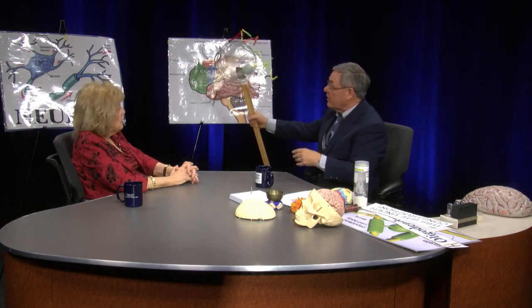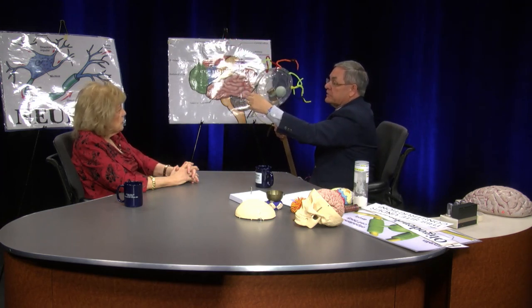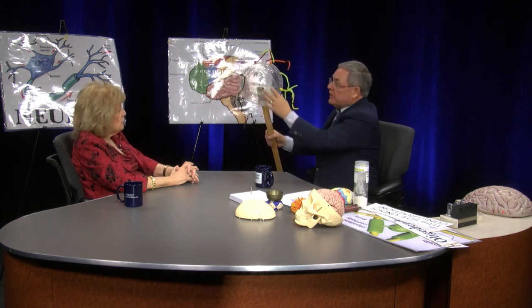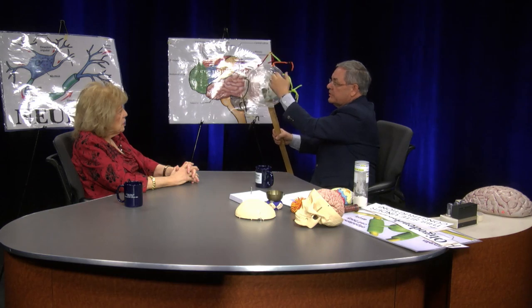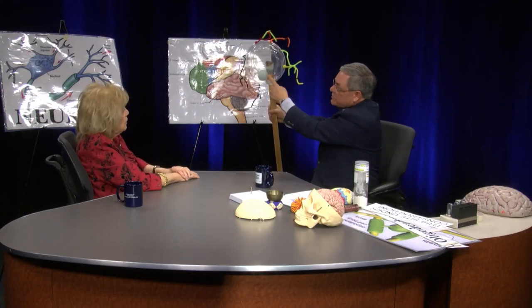Notice the component parts of a neuron. Looks like a tree, doesn't it? You can see these little branches on top here. These are called dendrites, from the Greek word meaning a branching. Then you're going to see this part here, which is covered with a plastic that represents the cell membrane. That's the cell body. The cell membrane is clear like that. Inside you can see the nucleus rolling around,